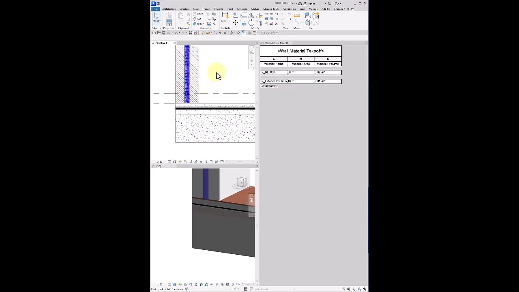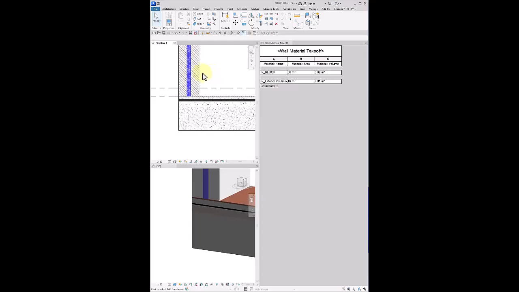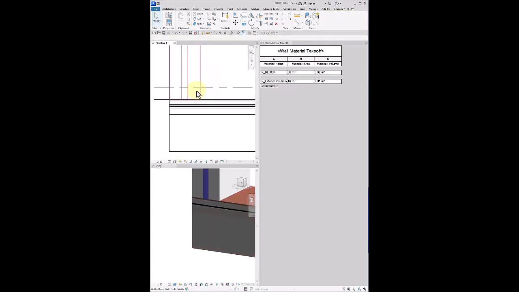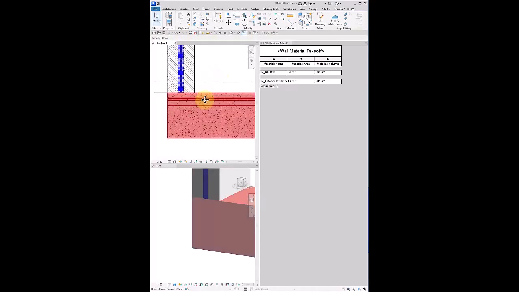For instance, I've seen many projects with a common mistake in joining the wall with the floor after having done the flooring and finishing parts, in a way that they use Join to join these two, which is not correct. Apparently everything is okay, but when we check it out, we find out that it has no effect on the schedule. I mean, right now if I unjoin them, unjoin geometry, like this way, here we got the